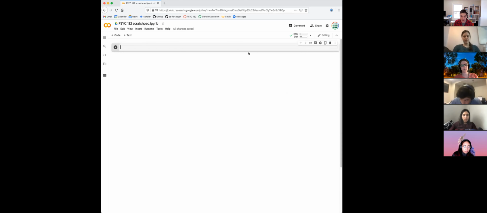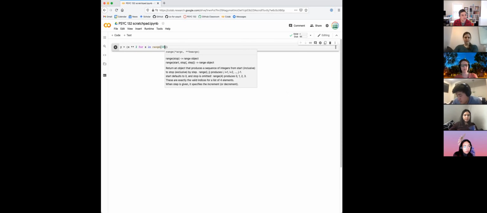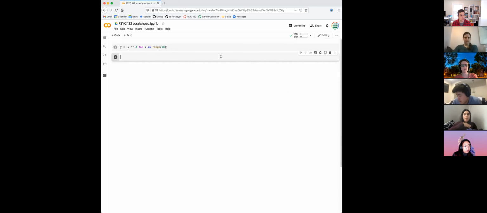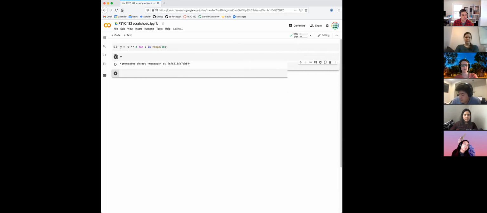So let's make our first generator. One way to make a generator is to use a format that's similar to list comprehensions, but we can just replace the square brackets with parentheses, rounded brackets. So this is called a generator comprehension. So we could do my favorite thing, square the numbers 0 through 10. So now, in a list comprehension, that would actually contain the answers, but y is now a generator object,